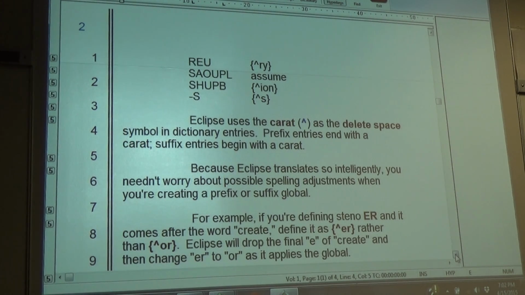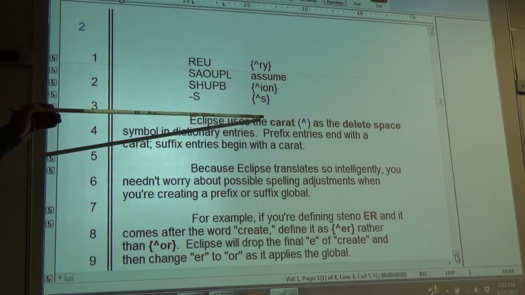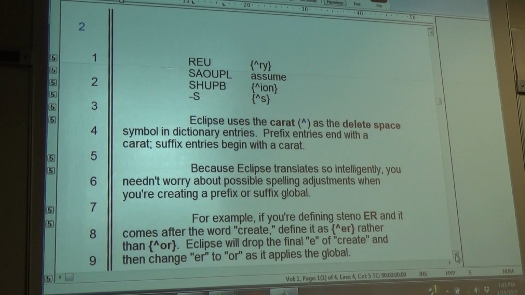Yeah, pretty much. So it's pretty much always going to be a suffix. Final S is always going to be a suffix. So you define them differently, and then it knows with these carets in the proper place to put it together. You see what I'm saying? So if you can break down a word and it doesn't change the meaning of the word, if y'all know what I mean, like if he has